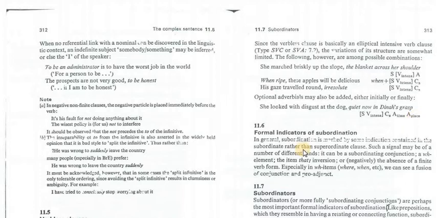Now formal indicators of subordination، محددات رسمية للتبعية. طبعا subordination is marked by some indication contained in the subordinate clause. غالبا ما يكون عندي دليل ضمن العبارة subordinate اللي هي dependent حتى يبين لي نوعية العلاقة between the two clauses. Such a signal may be of a number of different kinds، وهو على أنواع متعددة من ضمنها